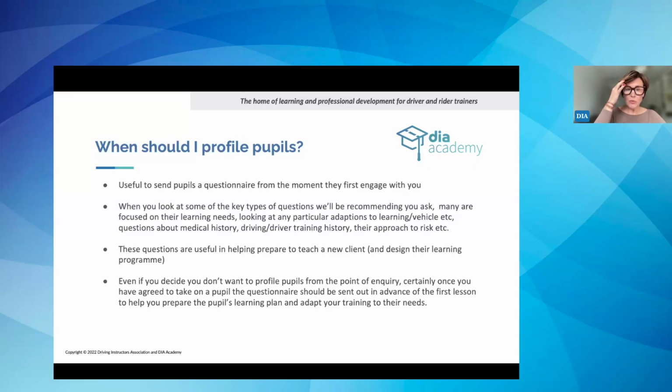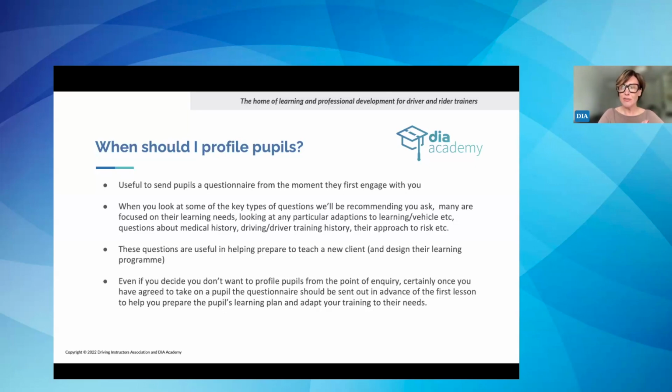And even if you don't want to profile the pupil from the point of inquiry, certainly once you've agreed to take them on, as in they've paid you, you've arranged the first lesson time or when the block of lessons is going to take place, you want to start getting that questionnaire out in advance of that first lesson, because that's when you start to prepare their learning journey. So again, explain that I'm not just trying to gather data on you, like your inside leg measurement, because I'm curious or a stalker or whatever.